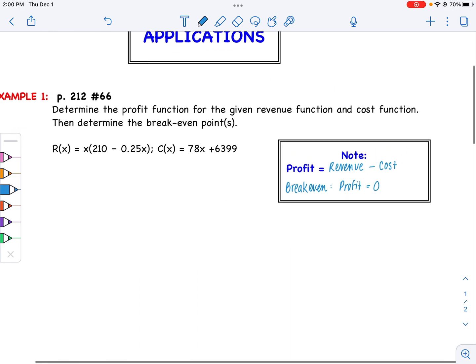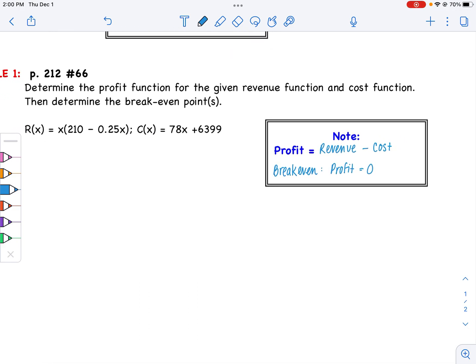So let's start here. I am given both the revenue and the cost function. This one's revenue, this one's cost. So for profit, and I'll even use the function notation, profit is going to equal your revenue subtracting your cost. So that means revenue is really x times 210 minus 0.25x. And I got that just from right here. I'm replacing my revenue into my function. And then I'm subtracting my cost, 78x plus